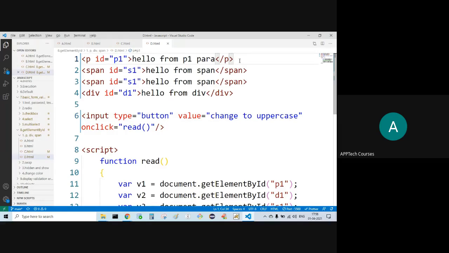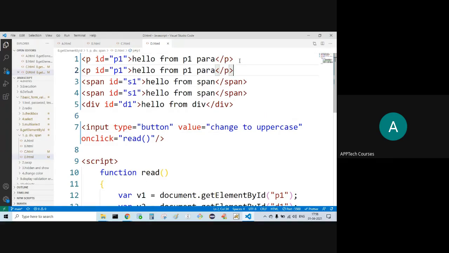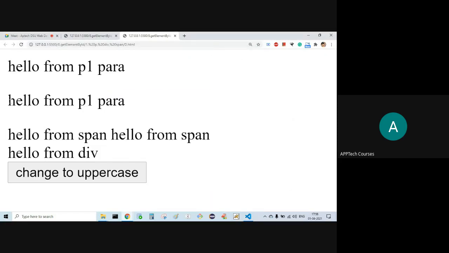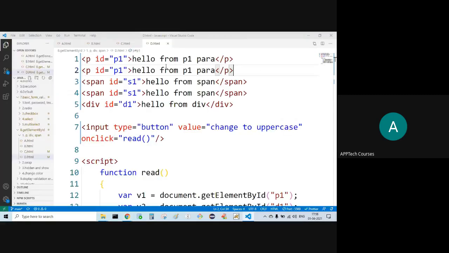Let's say this one is paragraph, another paragraph. See here, from element to element, we get what? Some space. Let's say here, heading.